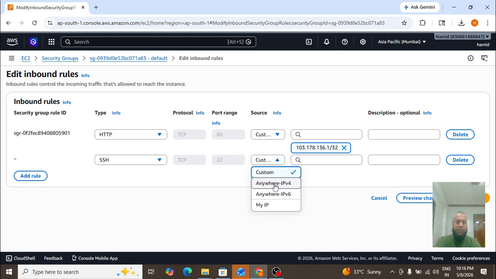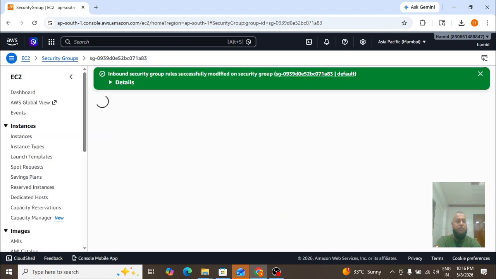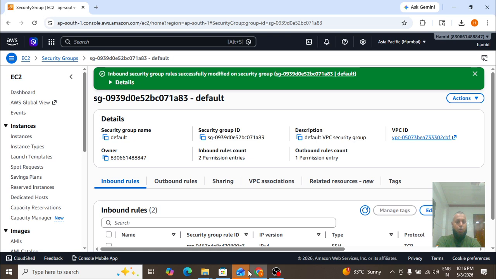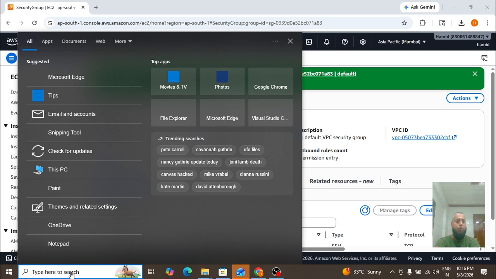You can select anywhere IPv4, or there is no IPv6 as of now. We are not dealing with this one. And if you're connecting from your laptop, choose my IP and save rules. Now we're done with the security also, because by default it's asking inbound and outbound. Inbound by default doesn't allow, you need to allow. So go to the PuTTY